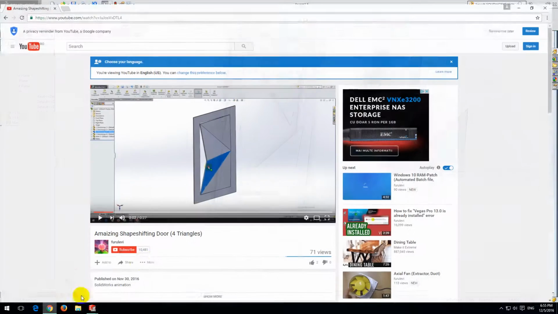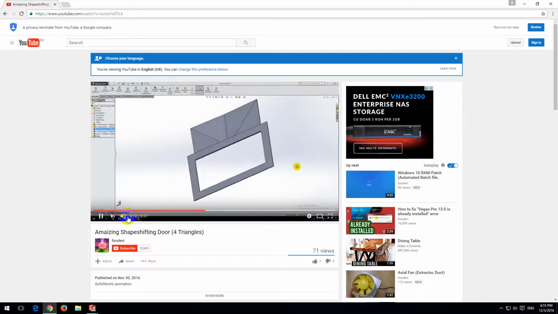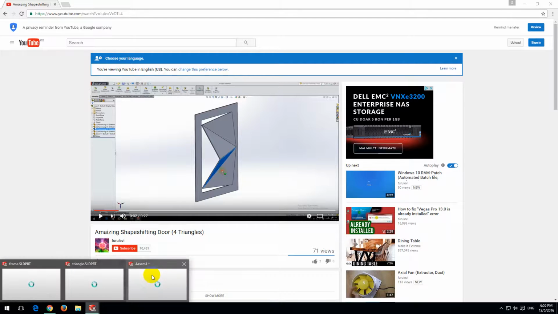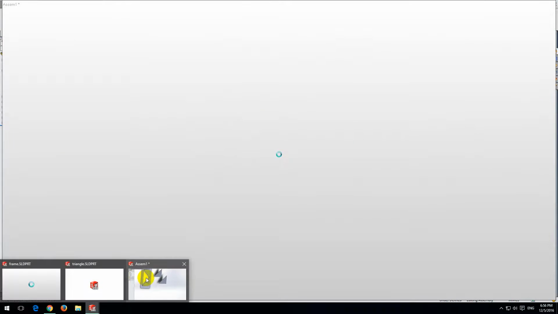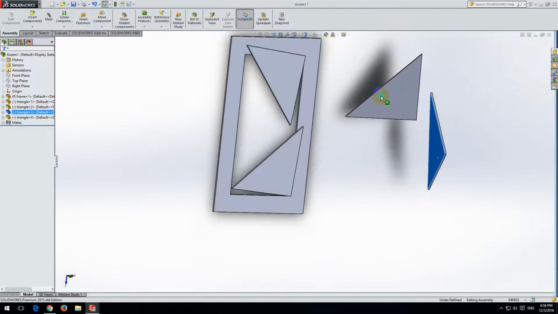Okay, now let's check the drawing. Now this point should be fixed, and a plane also. So this plane is fixed, and let's say the corner point is fixed. So back to, which one is that? The assembly. Okay, so let's grab another triangle, rotate it with the right click of your mouse,